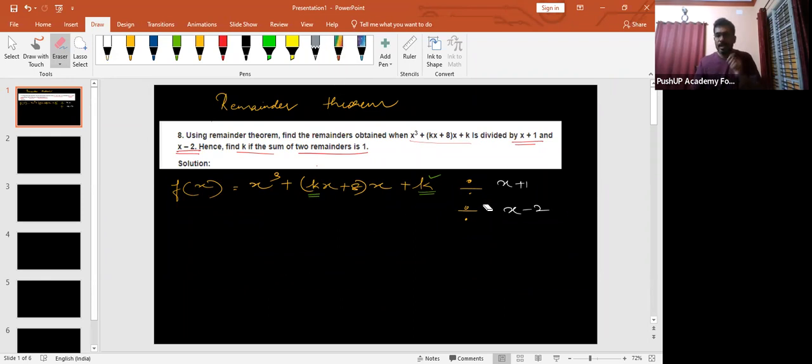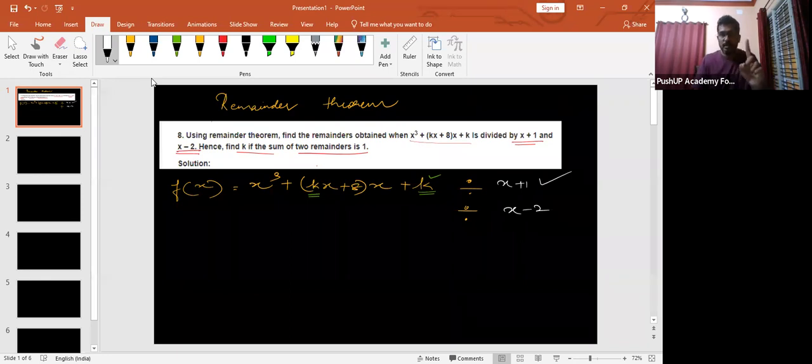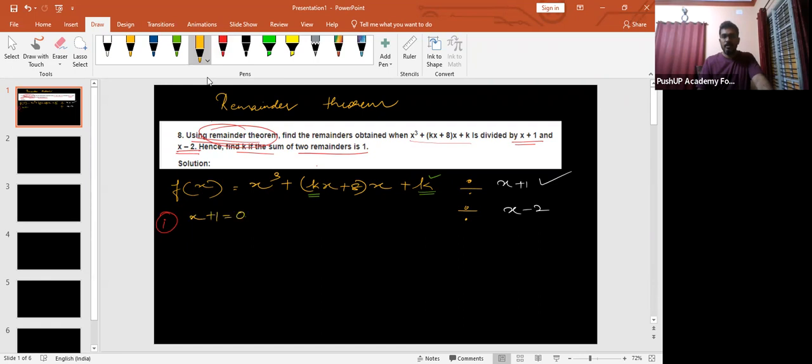Now, they are asking you to first divide this polynomial with x plus 1. Let's see what is going to be the remainder. Using remainder theorem, children, please remember using remainder theorem. So even if you use the long division method, there are chances that your teacher cuts your marks because they have specified in the question using remainder theorem, you have to divide the polynomial with x plus 1 and x minus 2. All right. So case number 1, when x plus 1 is equal to 0, you get x is